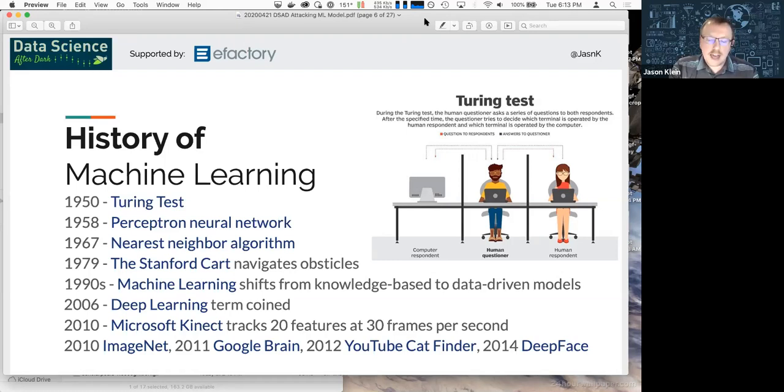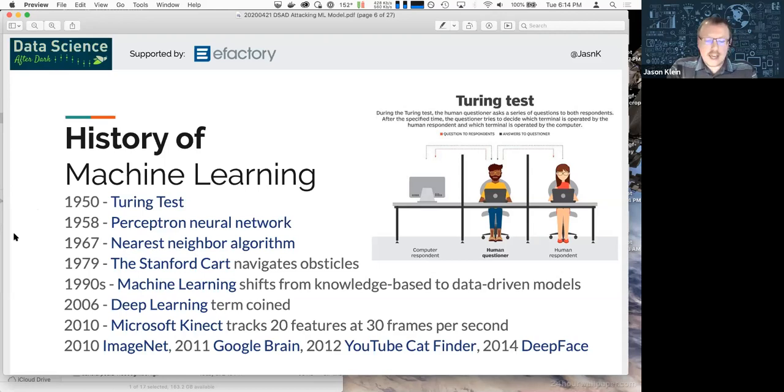The idea being that that concept would be performed on a person and on a computer, and you wouldn't be able to distinguish between the two. You wouldn't know if the person answering the questions or if the computer answering the questions was a person or not. So that's really where machine learning has its roots. When people started thinking like that, then they started looking into using machines, or now computers, to become more intelligent and be able to classify things and answer questions in such a way that it was indistinguishable from our own skill set.